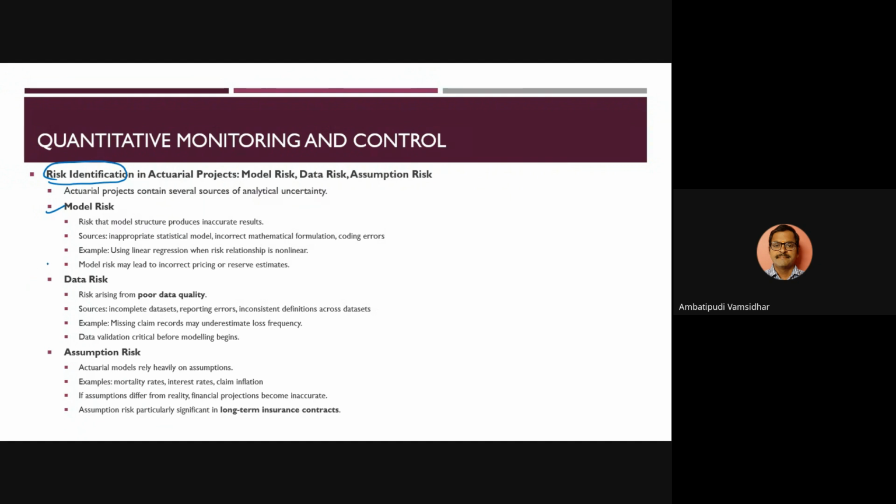right? And probably when the relationship between the variables is not linear, let's say I'm using linear regression. This is a wrong model that I have used, and that is what could very much lead to model risk. Data risk, poor quality data, incomplete data,